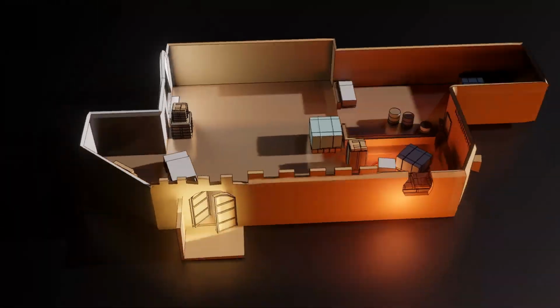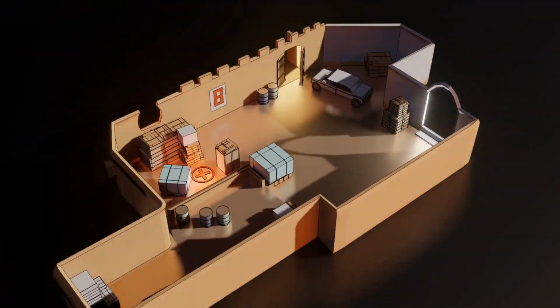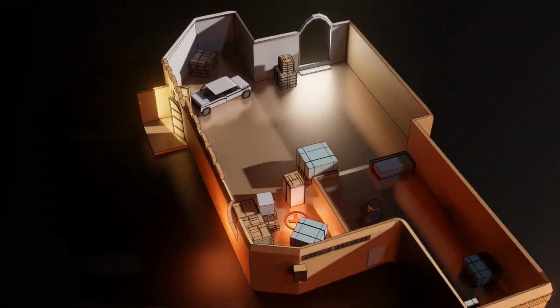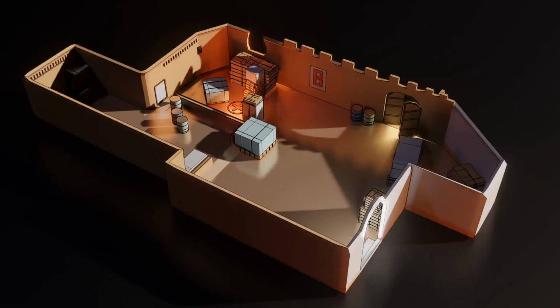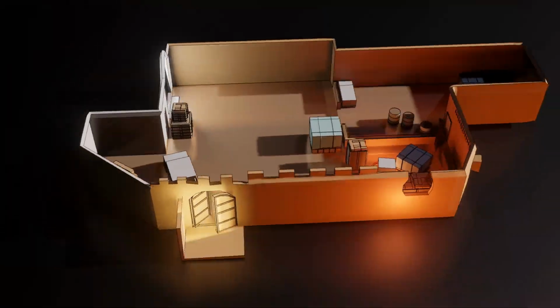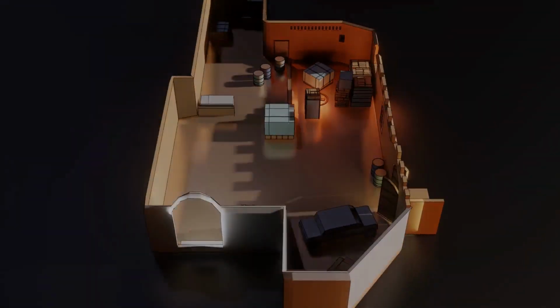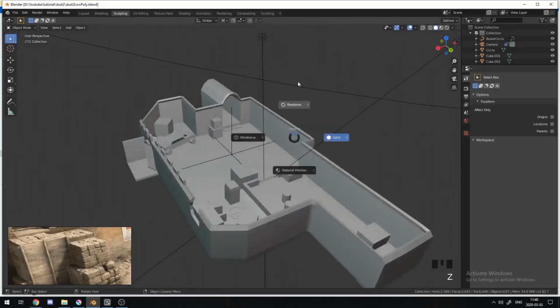most well-known maps in all FPS. Now, in this week's video, we're going to be working on adding detail to our low poly models, and we're also going to be adding materials, as well as setting up the environment for a final render. So, let's get started. So this is what we had last time, and I'm going to start with these hay